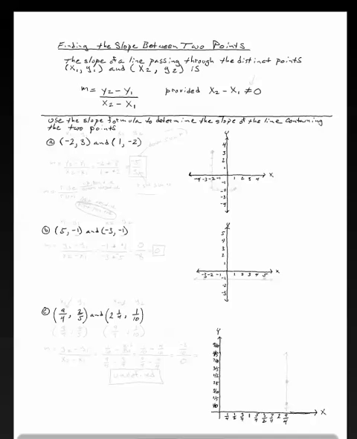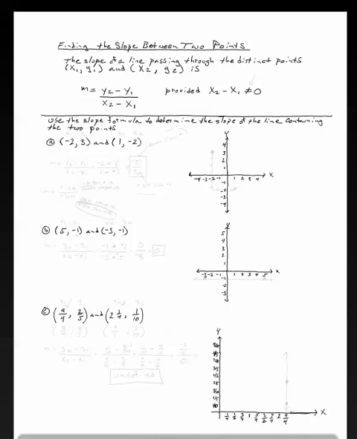So in this pencast we're going to talk about finding the slope between 2 points, and we generally do this using a formula. And so we have the formula written here. It says the slope of a line passing through the distinct points x sub 1, y sub 1, and x sub 2, y sub 2 is, and then m, remember m stands for slope, so m equals y sub 2 minus y sub 1 over x sub 2 minus x sub 1,